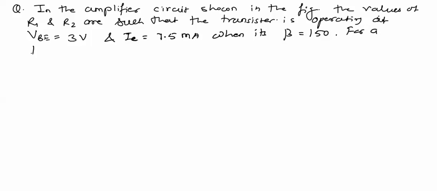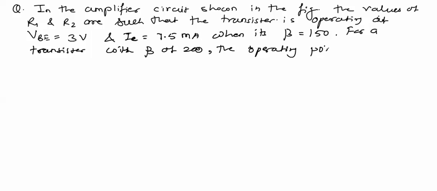For a transistor with beta of 200, the operating point VCE, IC is, and the circuit given is